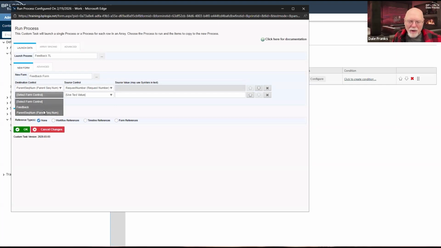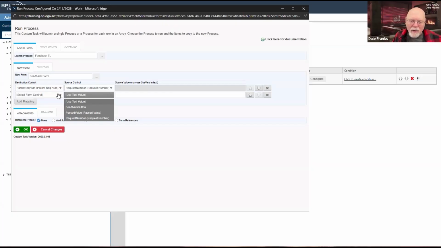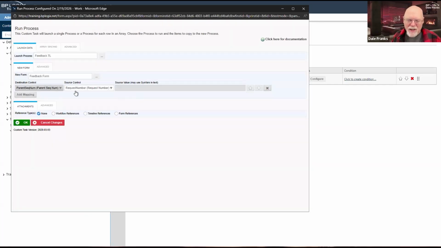If I have a field in my parent form that can pass values to the feedback form, then I can do that mapping there. I just neglected to make a value to pass in my child form. That's okay. We're doing it with the sequence number already, so I don't need to demonstrate the same principle multiple times. Okay, great.